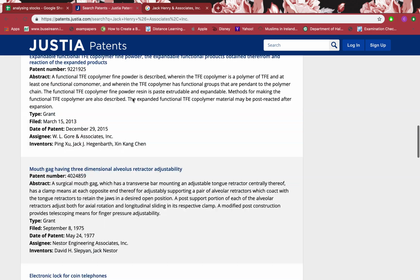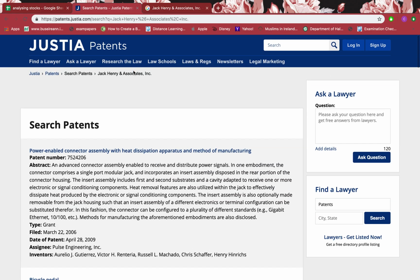I can't find any patent of this firm, because the more patents a firm has, the stronger it is, the more moat, the more competitive edge it has. It's a very strong firm, but this firm doesn't have any patent. So